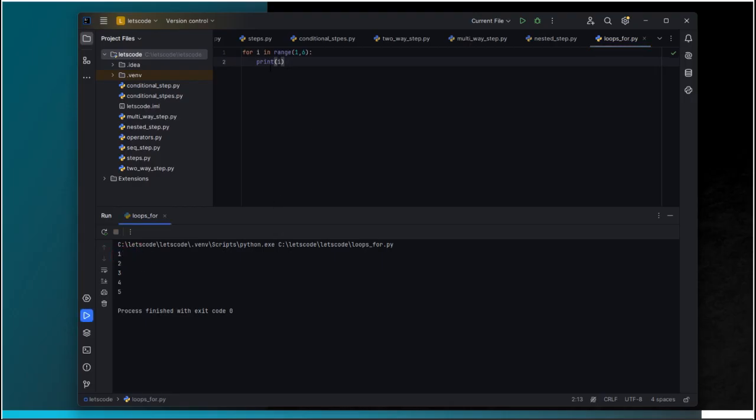Then it goes out from here and goes back into the for loop, and then it says for I in range, the 1 is done. So what is the next number? 2. So it picks up 2, then it goes inside, prints 2, and then again comes out. So it does this till it reaches